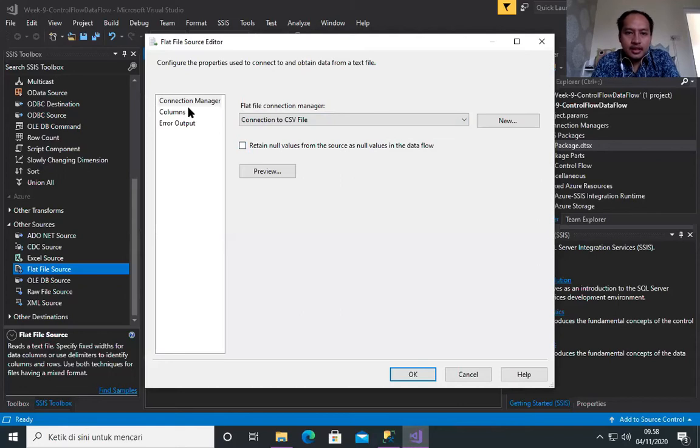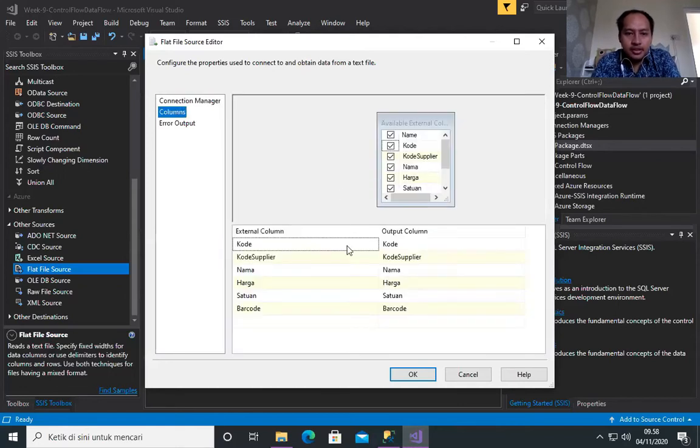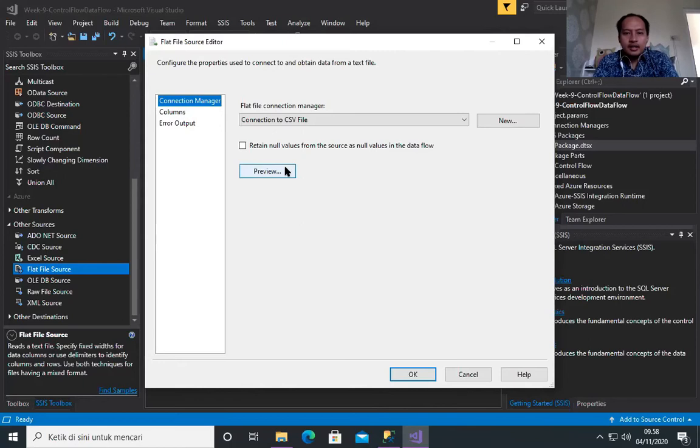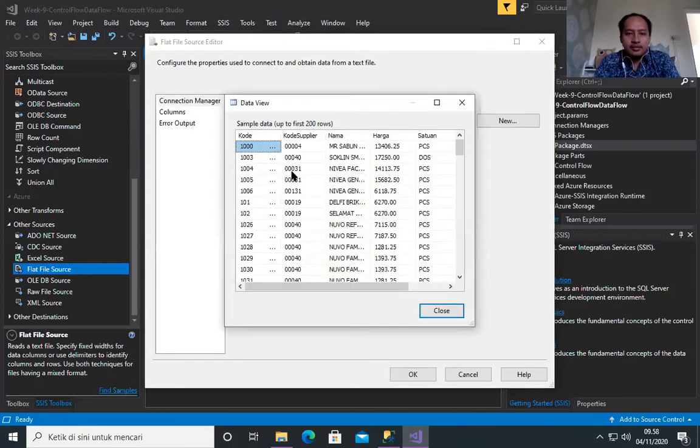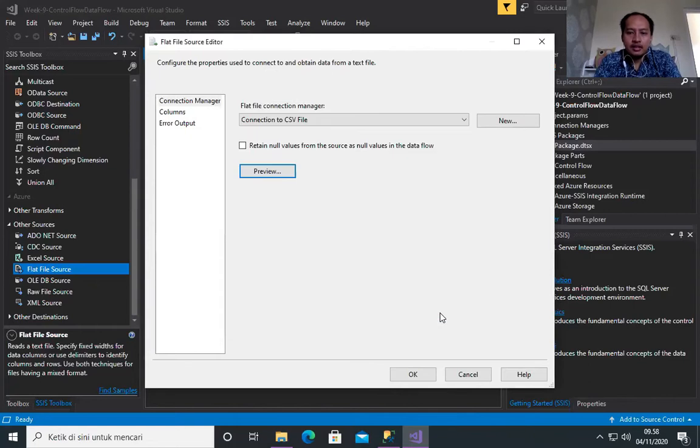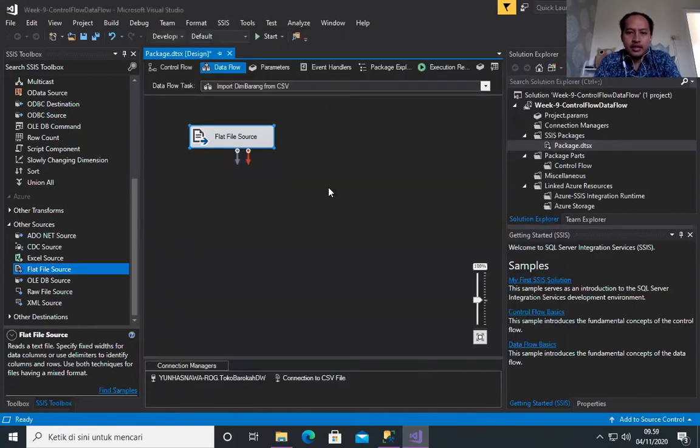And then click column. Make sure that the output column is correct. Then if it is okay, you just need to click preview here and make sure that we can find the data in our CSV in this data view table. Click close and then click OK again, and then this one is not error anymore.